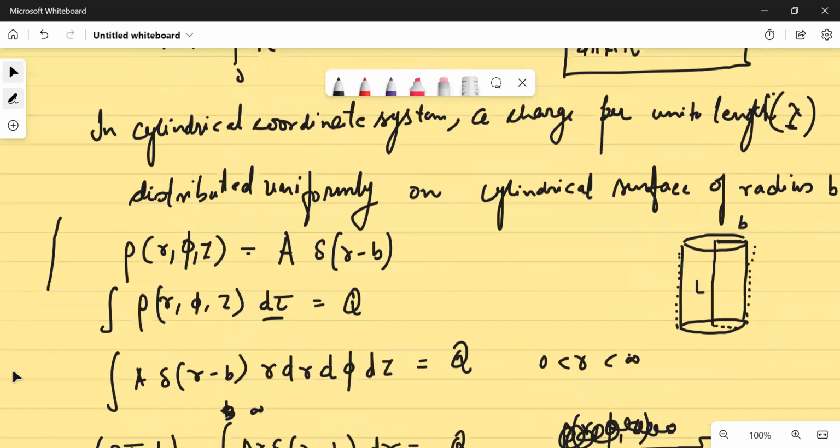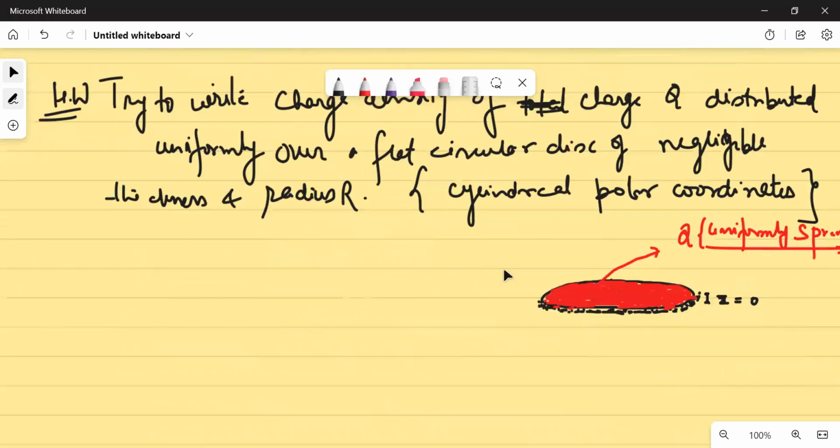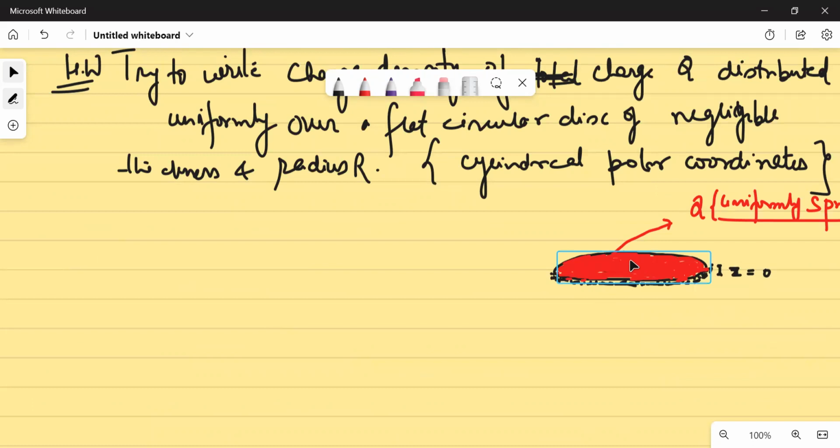Here also you can use Dirac Delta function in a way that your entire charge is located at z equal to 0. That is, if we consider its thickness negligibly small, which is also given in the question, my entire charge is located at z equal to 0. Is that clear? Let's consider it completely flat. Is that clear? Okay, completely flat means this is negligibly small, this is negligibly small, and